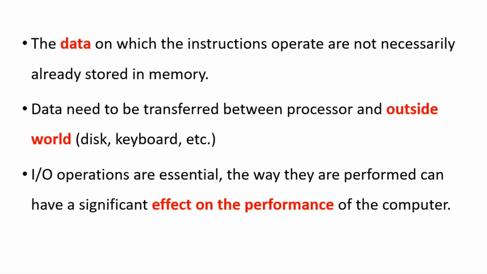What are output operations? When processor has generated some data, it may store that result in registers or memory. But sometimes processor requires to send that data to the external world or user through output devices. So when processor generates the data and sends it to the output devices in order to give that data to the user, that operation is called output operation.